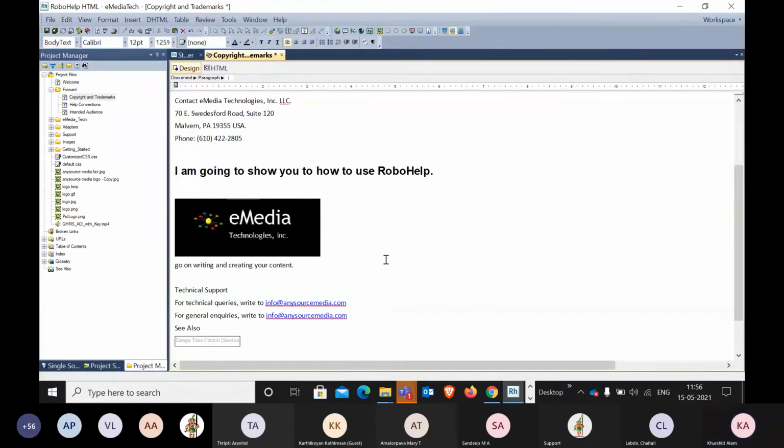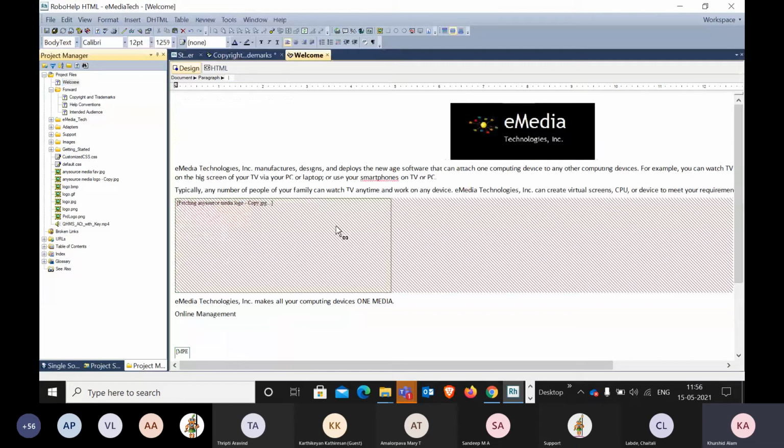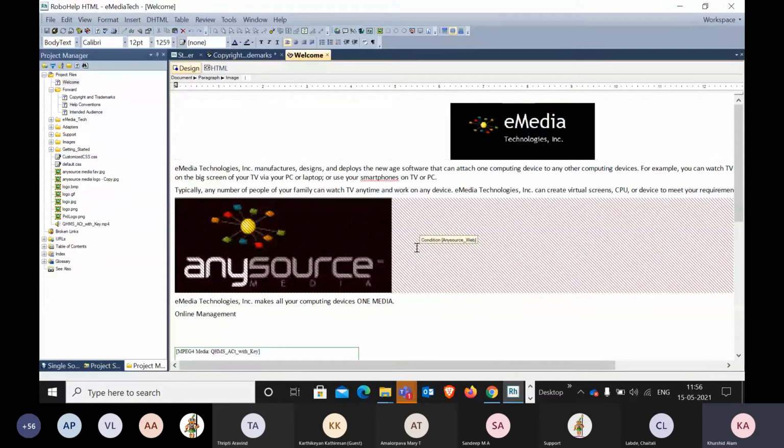Here I would like to add that although this is very similar to a Word document, in RoboHelp we can add many more things. For example, I have added a hotspot here, which is part of the paid session of TWT. So we can do a lot more things, and I have mentioned this in the paid walkthrough session.